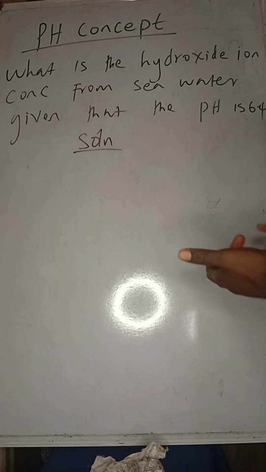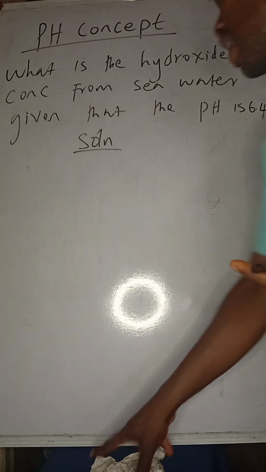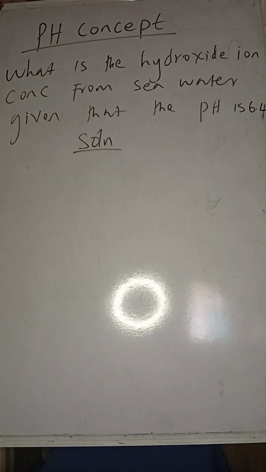So for example, this other question says, what is the hydroxide ion concentration of seawater given that the pH is 6.4? So given that the pH of the seawater is 6.4, now, how do you solve a simple question like this? To solve a simple question like this, we have to get the pH,